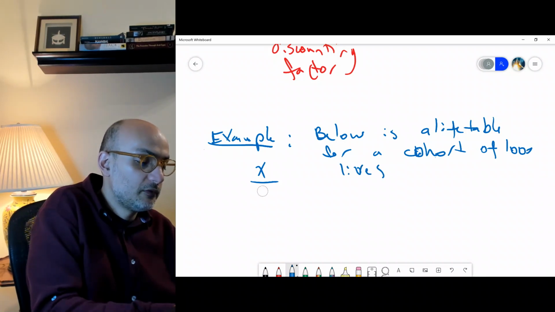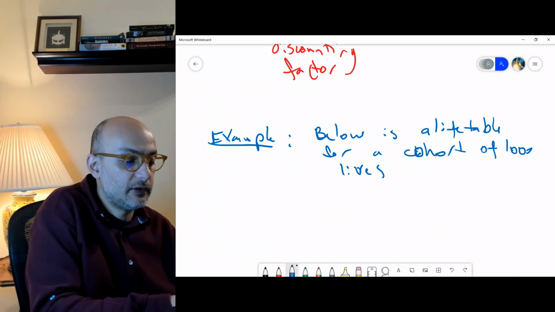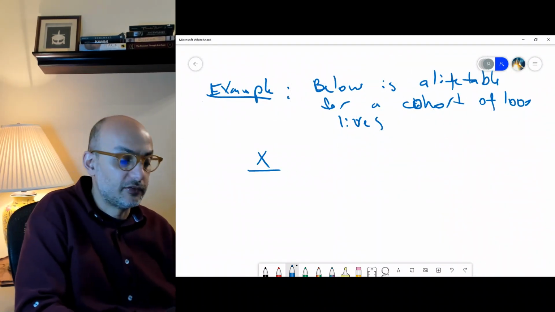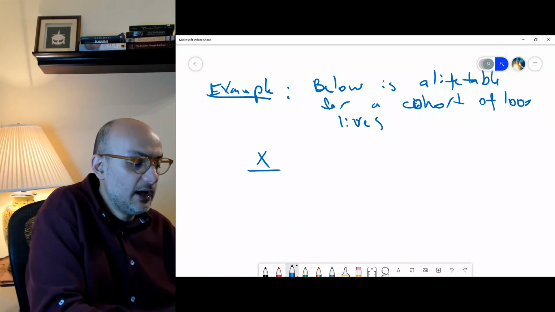So we have 1000 lives, and we already have the life table for these 1000 lives. And it happens that we have them at age 90,